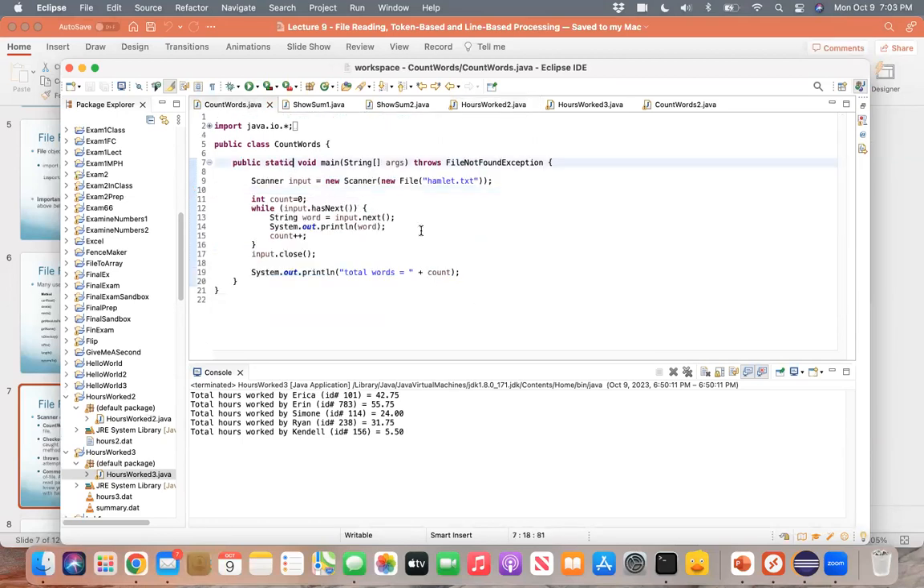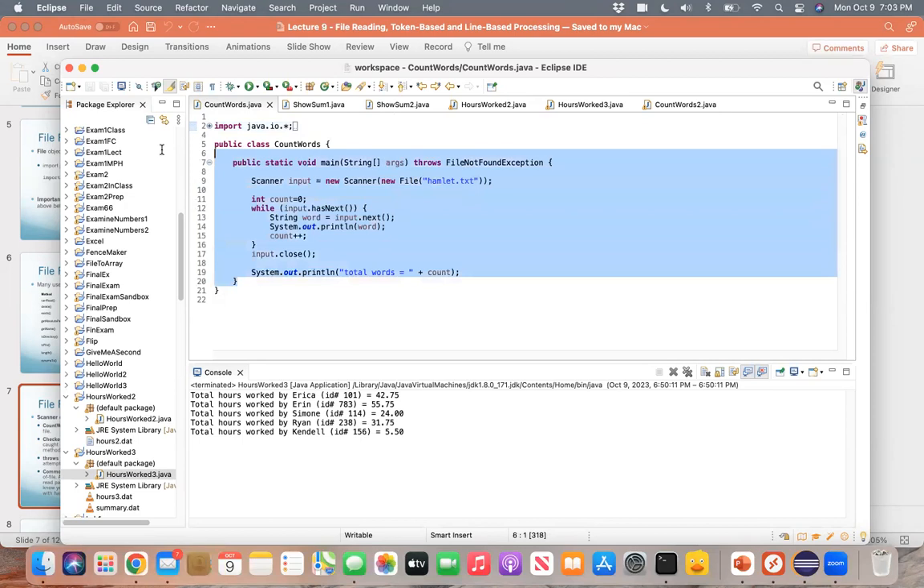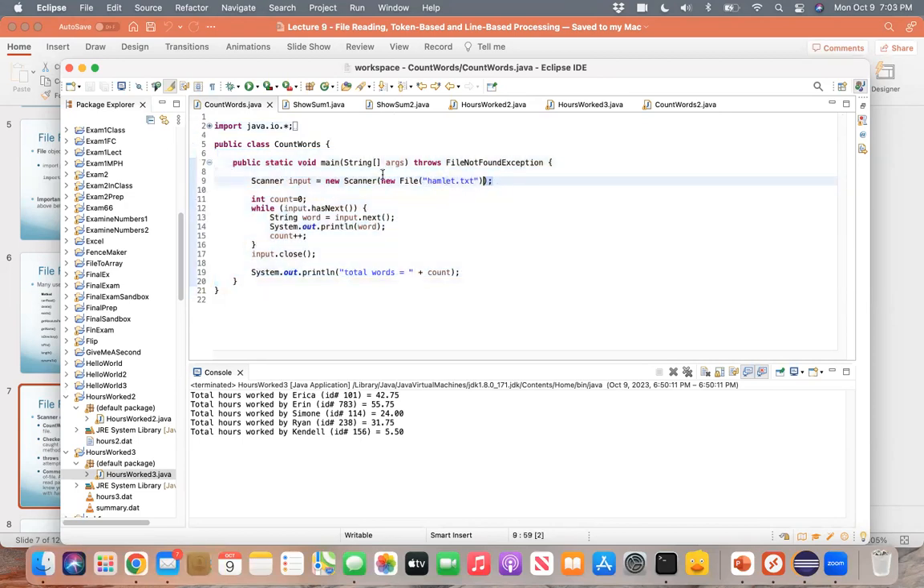Count words is a very simple program. We can see that java.io.* is imported. The name of the class is CountWords, and there's only a single main method. The syntax that you use for declaring a scanner object that reads from a file is exactly the same syntax that you use for reading from the console, with the exception of what goes inside the new Scanner